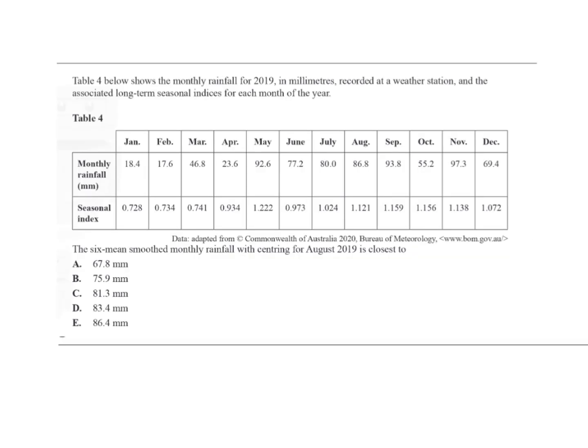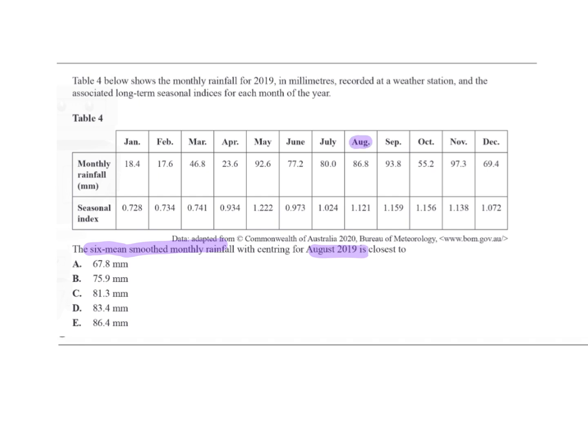Okay, so this is an exam question and it is repeating what we've done, but I just wanted to show you an example of an exam question with it. They've said the table below shows the rainfall for 2019 in millimetres recorded at a weather station. The long-term seasonal indices for each month is also given. So that we're going to do later. But at the moment, the first question is the 6 mean smooth value for August. So for August,